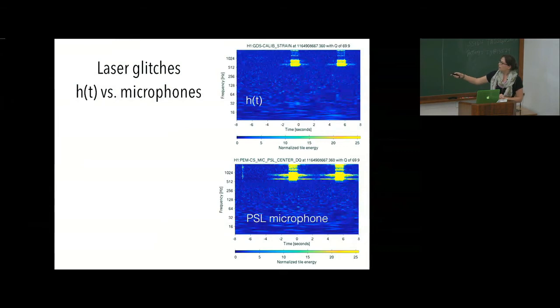And then this is the same normalized spectrogram. So we're looking at the normalized energy of the signal for a microphone. And this is PSL, which just means pre-stabilized laser. So this is the laser source, a microphone in that little room where we keep the laser. We're looking at this and thinking, what the heck is this? You see it's broadband, it's above 500 hertz, it's got all this little substructure in it that seems to be discrete in time. With our eyes, we couldn't tell what it was, but our brains and our ears are much better at filtering these. So we listen to the data, and you'll hear